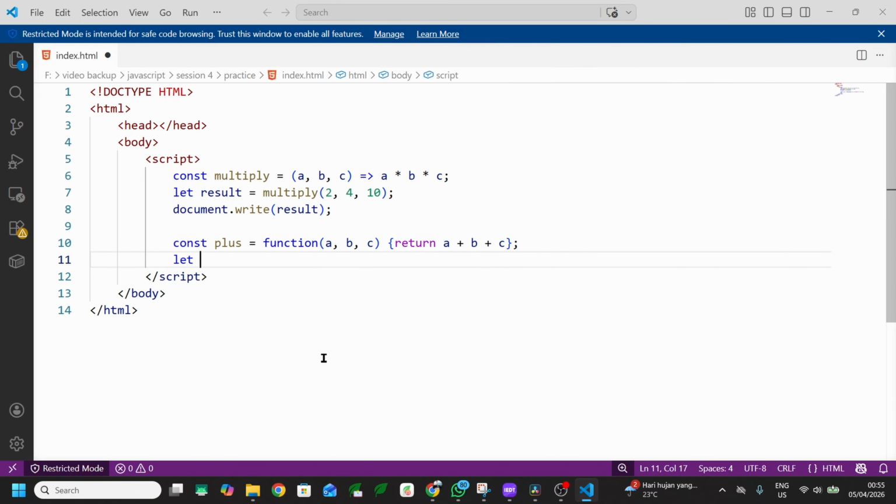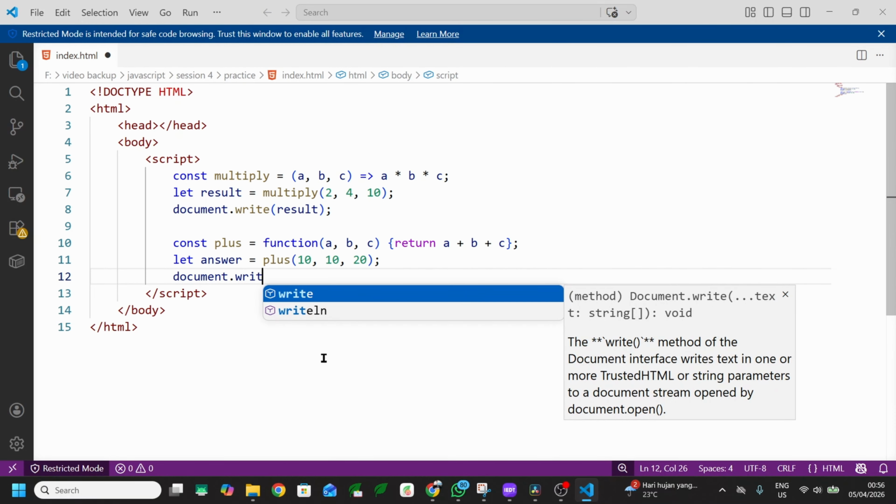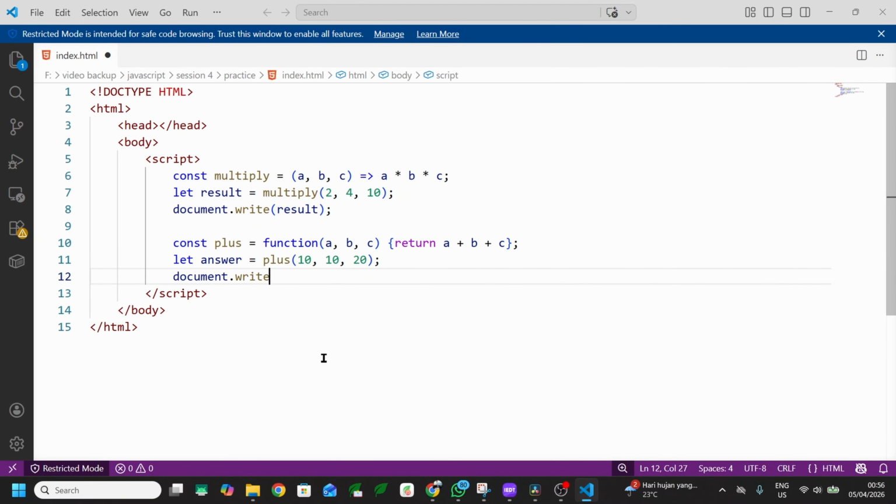And we can use this. We call let answer assigned with the plus function followed by three parameters, let's say 10, 10 and 20, and I will display the output using the document.write statement.